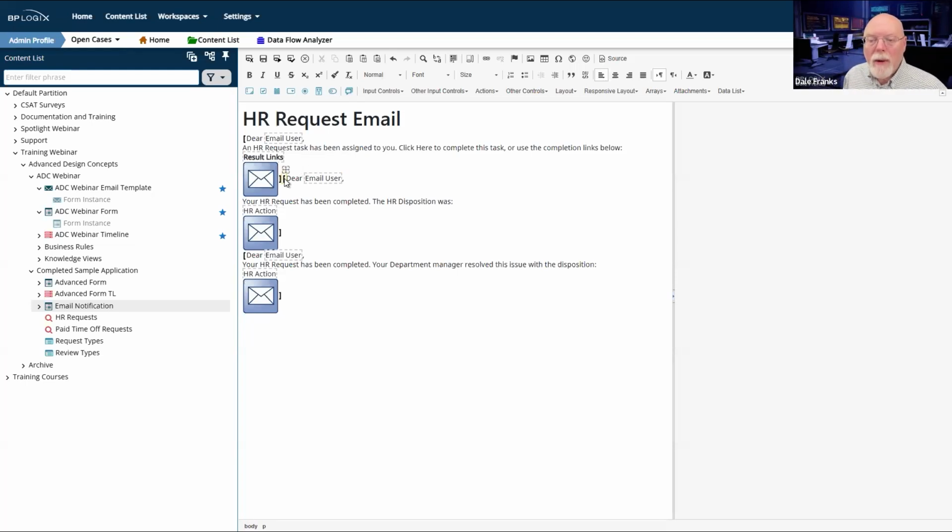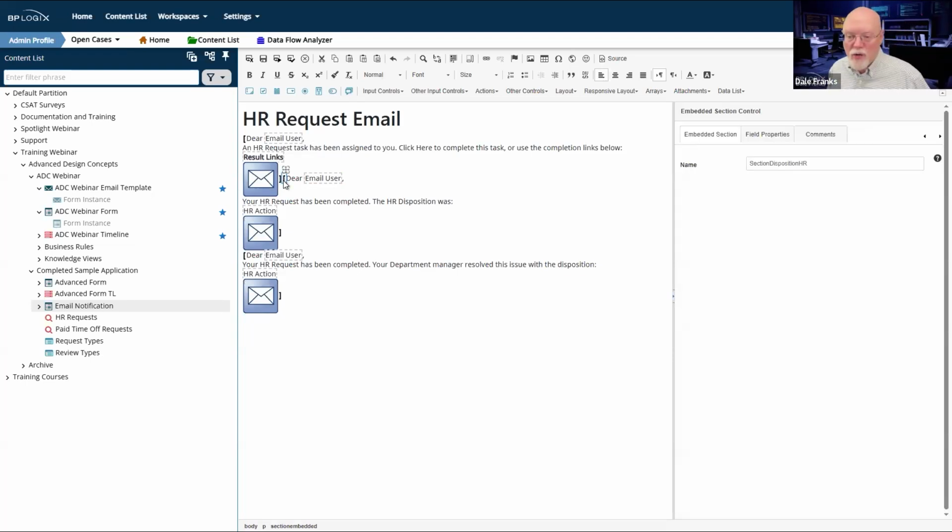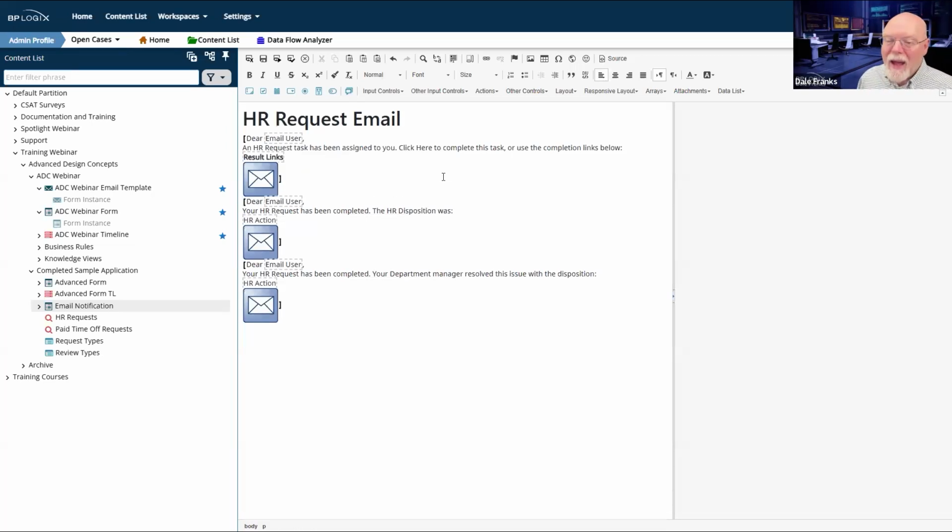Now, going back to what we talked about in the first week, how am I going to format that? Well, I'm going to put the embedded section control for section 2 immediately after the embedded section end control for my very first message. And I'm going to do this because I don't want to add that extra line break there. Adding that extra line break is actually going to add a blank line now at the top of the page.